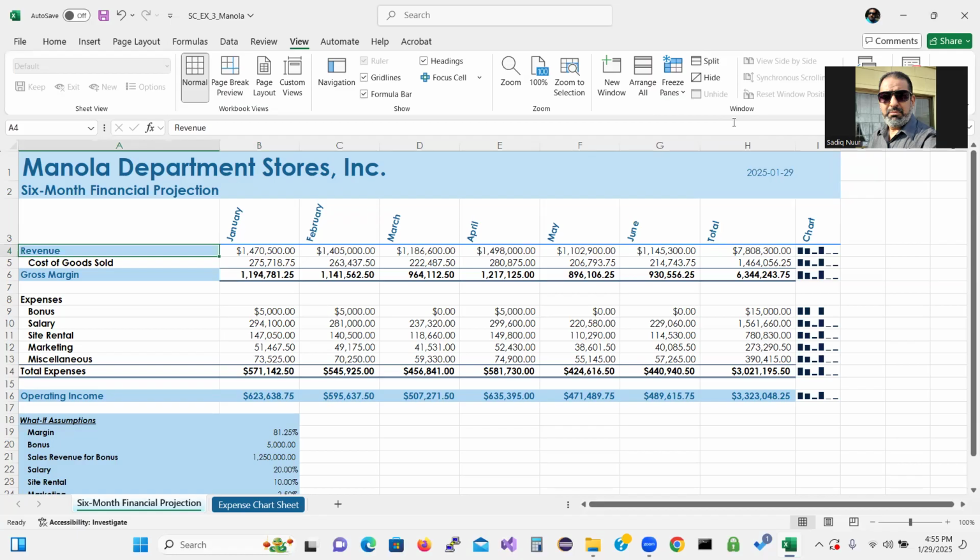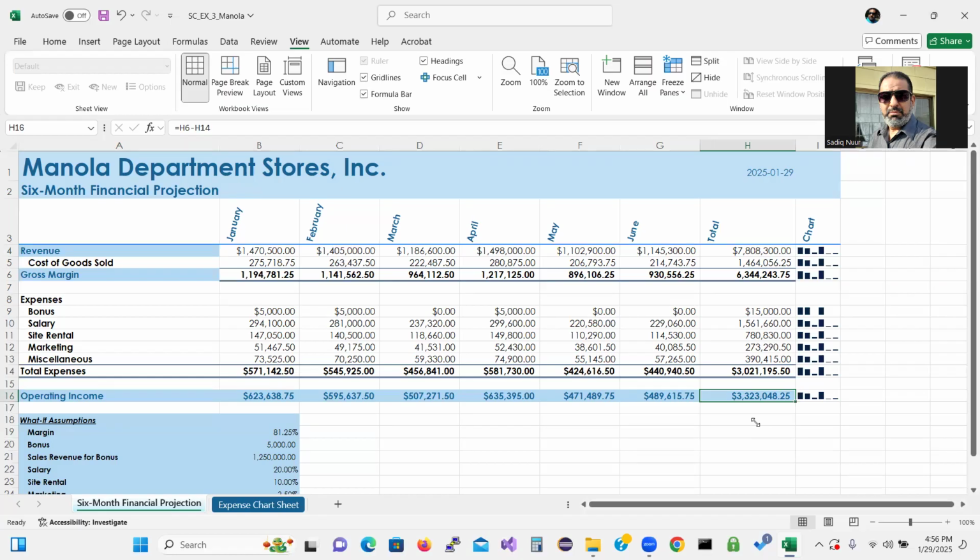So obviously, what I want to do is I want to change the operating income in column H, we want to change it, right? So to change this, you have to determine what value you want to change to and what you want to change to achieve your goal, right? So to do that,